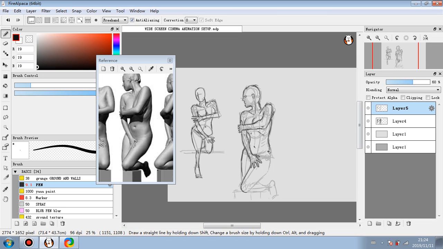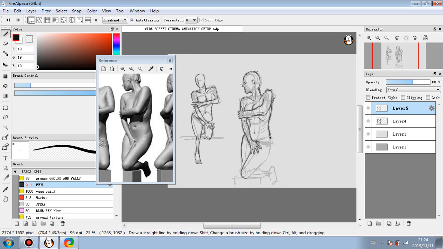Proportions wise, are those hands too big or too small? I'm looking at them, trying to work it out as I go along. I'm looking at certain things here and wondering myself. It's not about paranoia, it's just about focus on what you're doing. You've got to make sure they've got that bit of a wrist there, and the hand is actually on the side anyway, so it's okay there. See, again, this little bump in, is it enough there? It's like a bump, but it's stretched out, so it can't be too